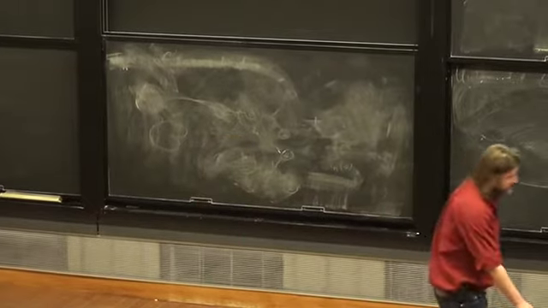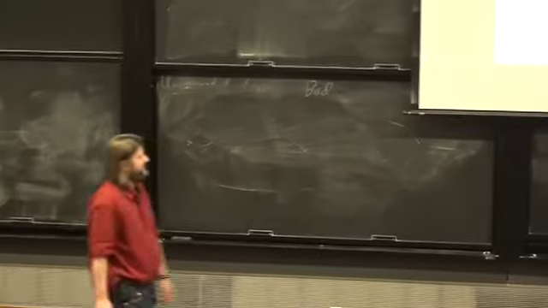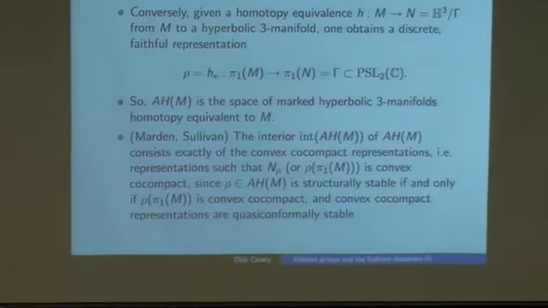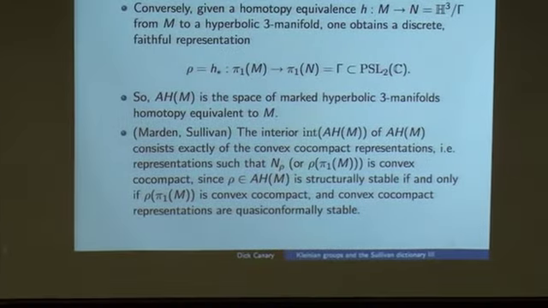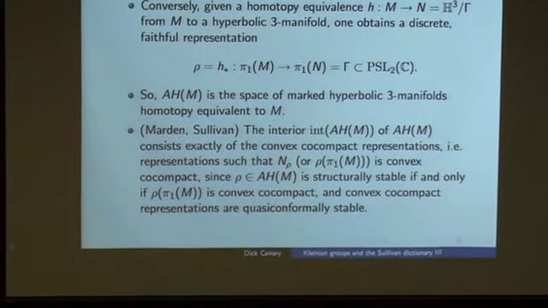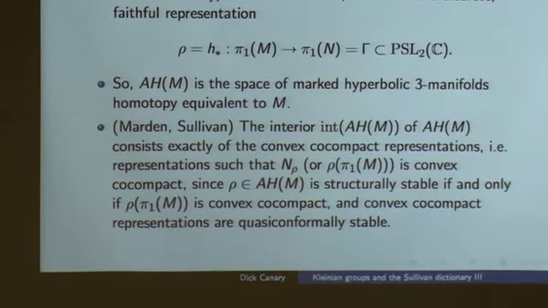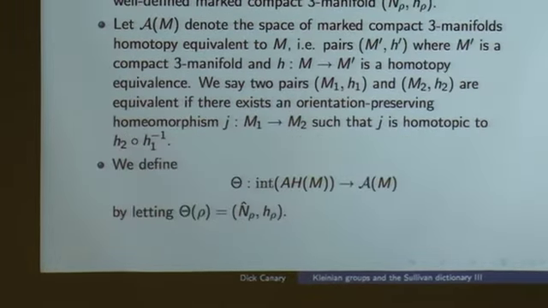Okay. And we saw in Ken's talk this morning that in fact the space is the closure of its interior, or another way of saying that is that every discrete faithful representation is a limit of convex co-compact representations. Okay? Now,